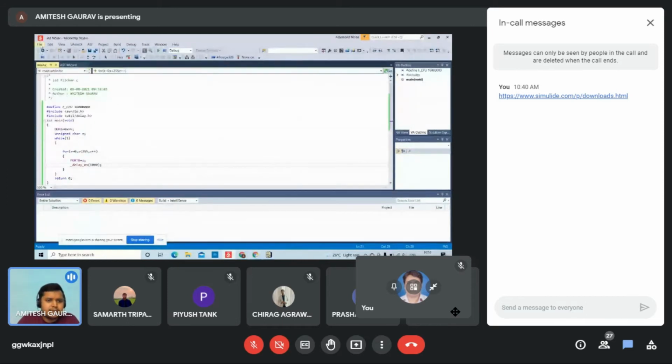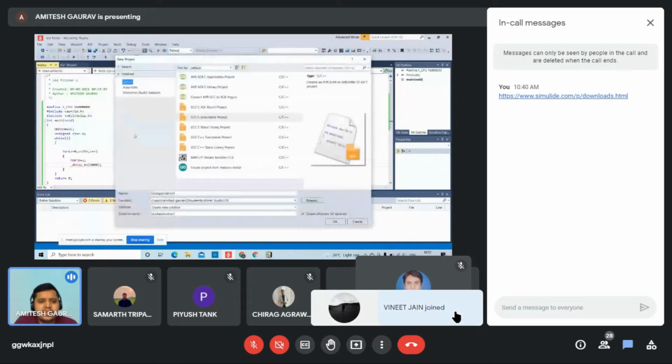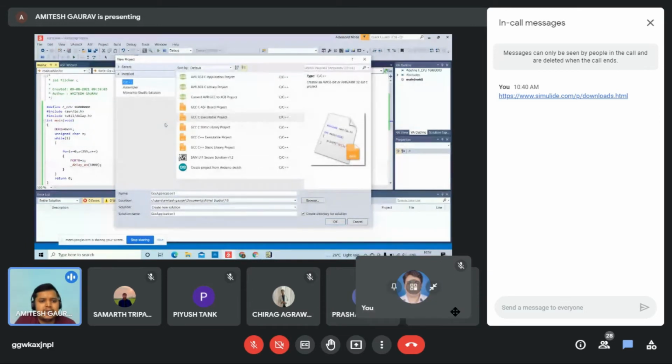So okay, new project. After opening a new project, you will see that there is C or C++ language, assembler language, and a Microchip Studio solution you can use. There are various types of programming languages you can use. For creating Arduino, you have Arduino Sketch. For creating C or C++ embedded C, you can use that language.